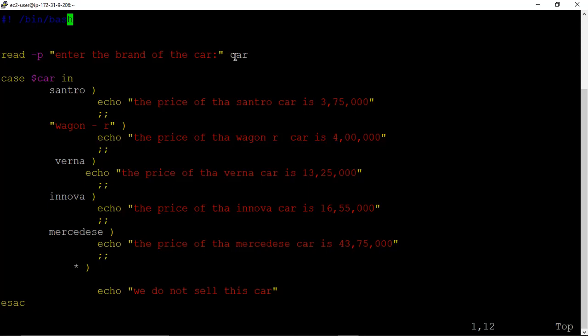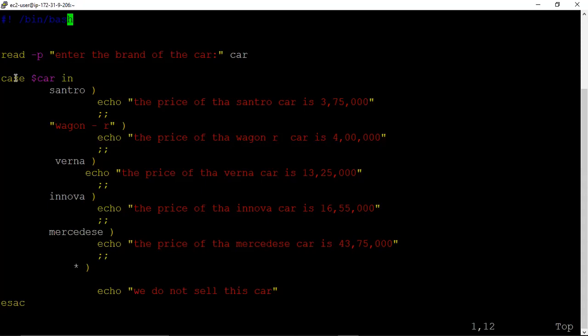So that's why we use read command. Read is nothing but one kind of variable, but this is entered by keyboard. When we run the script, you have to enter this variable. So here we are saying enter the brand of the car, and car is variable.